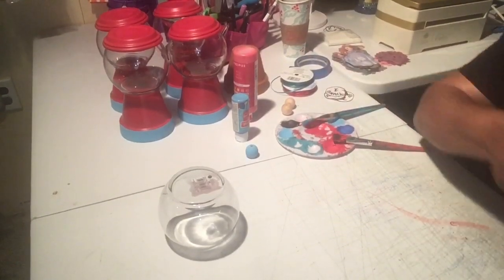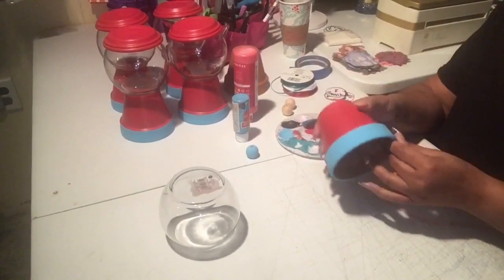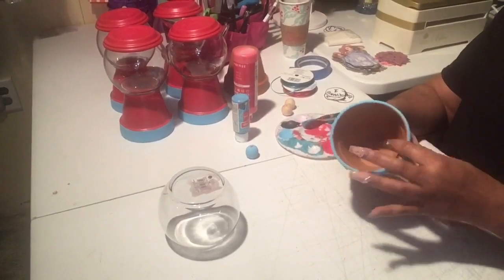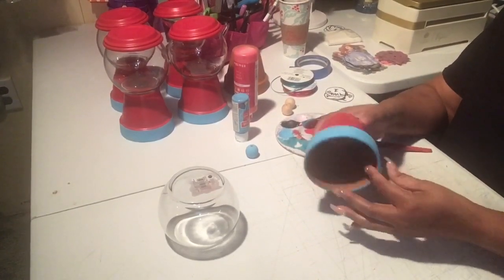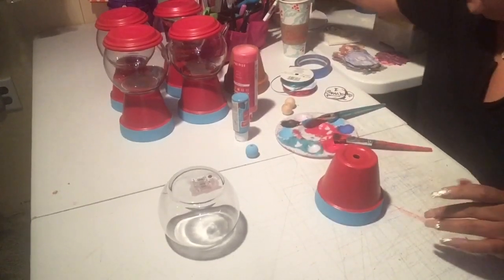Once you paint that, you set it aside, and you will have the clay pot just like this. You don't have to paint the inside. Your clay pot will be just like this. Once you have it just like this, we'll go ahead and